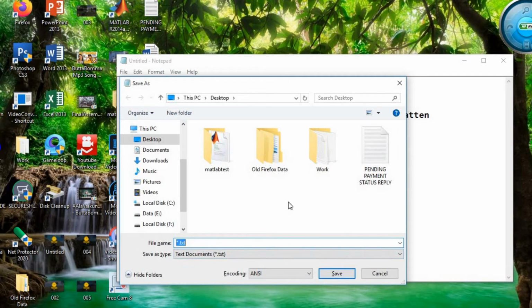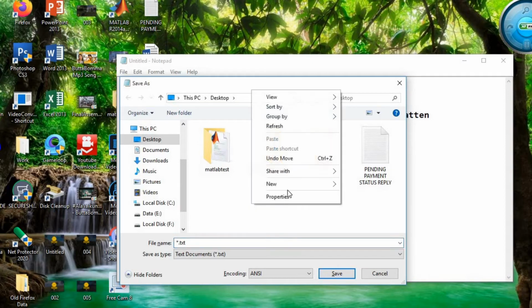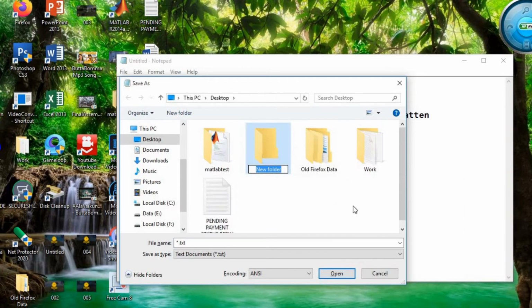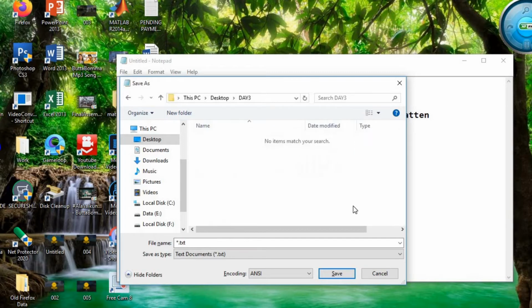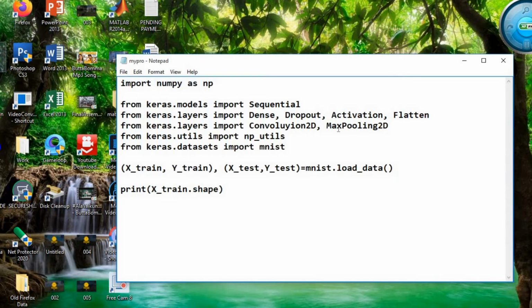So here let us make a folder of day 3. Next, give a file name. I will give mypro.py. Do not forget to provide the extension .py, otherwise the program may not become compatible with Python.